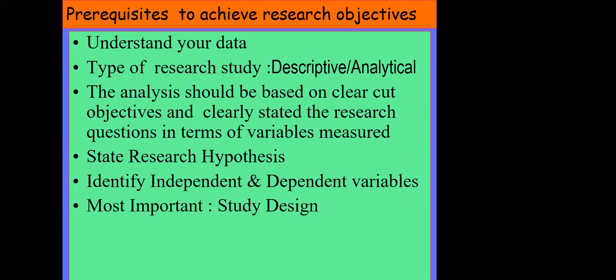And most important is study design. There are many types of design, cross-sectional, or you may be going as a survey, or for example a pre-test, post-test design you are using. If you use the pre-test, post-test design for a continuous variable, you cannot make use of the student t-test for independent samples. If your measurements are based on pre-test and post-test, you should go for the paired t-test or dependent t-test. So this decision is based on the type of your study.